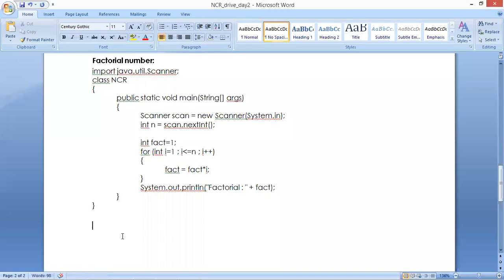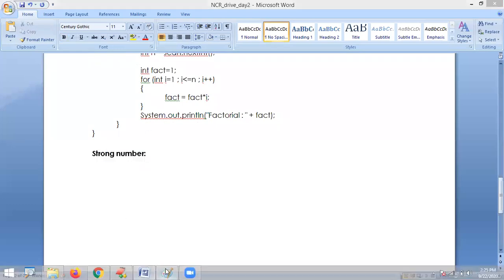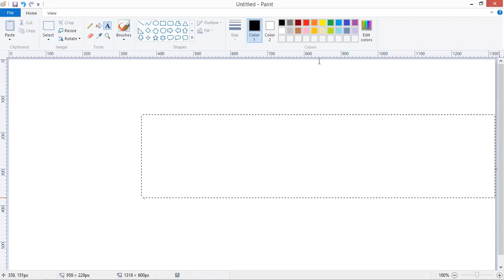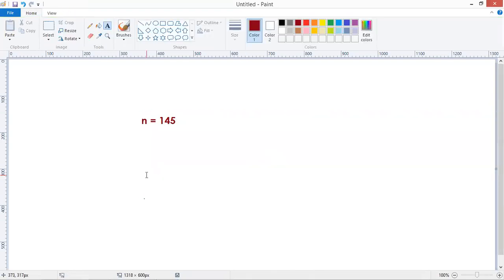Now here, my question is, what is a strong number? Sir, what is this strong number? First of all, we should collect the digits. Here, I'm taking n equals 1, 4, 5. We need to find the individual digits' factorial value.